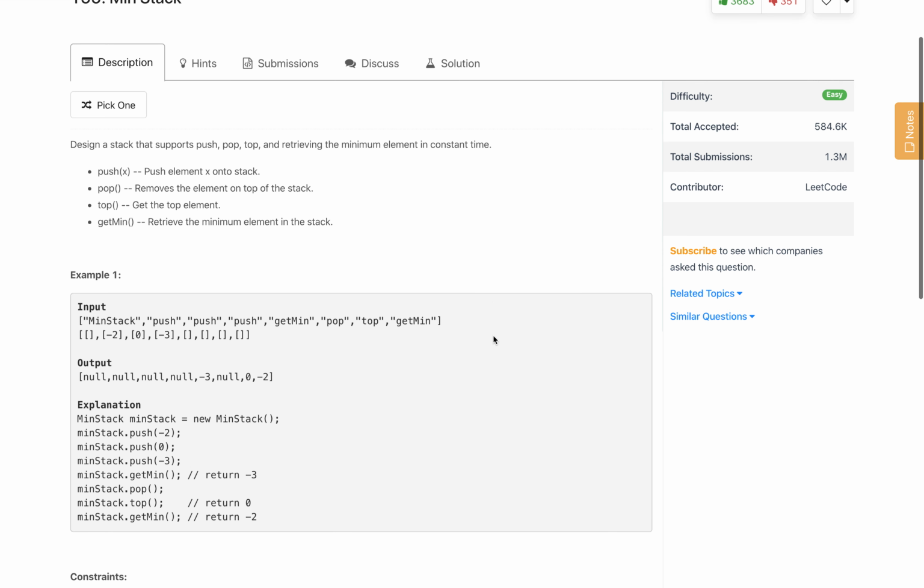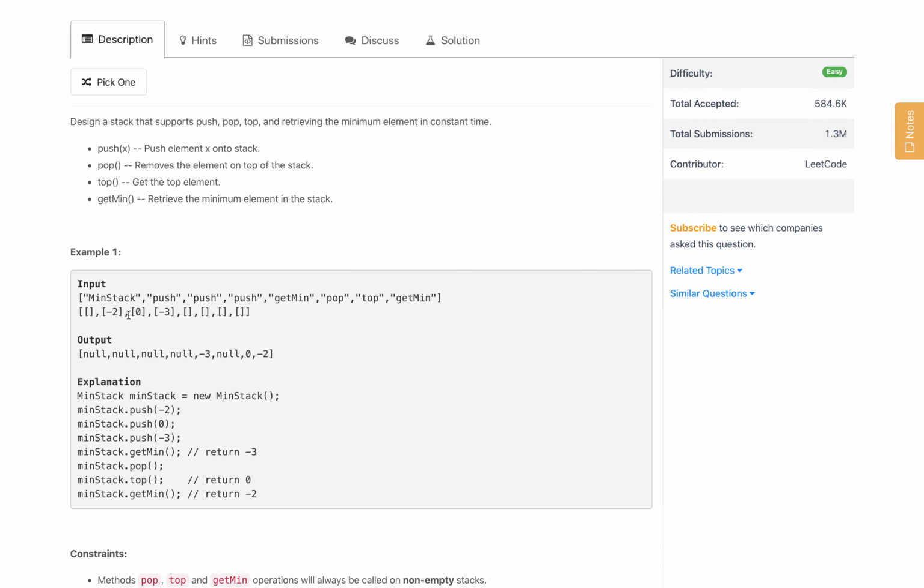So here is the example. We first create the object by calling the constructor of the MinStack class, then we push -2, then we push 0 again, then we push another element -3. Now if we call get min, so a stack, as you know, follows the last in first out principle, LIFO. So here, if we insert in this stack, -2 will be on the bottom, then 0, then -3. If we call get min, the minimum of all three elements is -3, so we have to return -3.